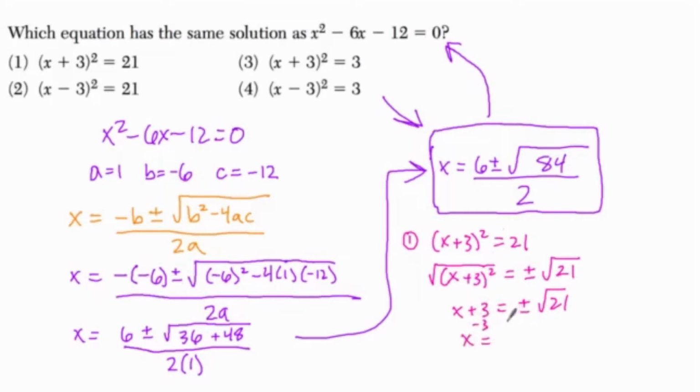Let's just put it in front here, so it's essentially 0 minus 3. And we'll get negative 3 plus or minus the square root of 21. And I put it there in front because it matches the way we structured the answer up here. So